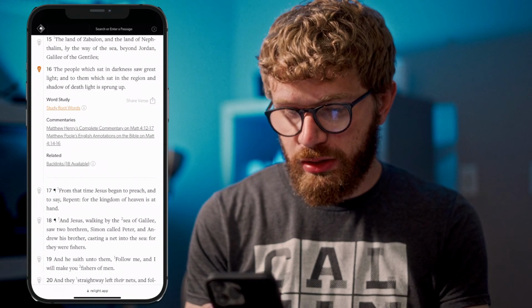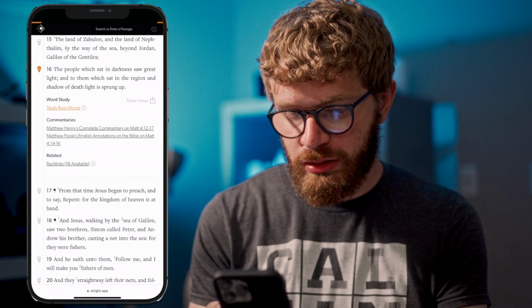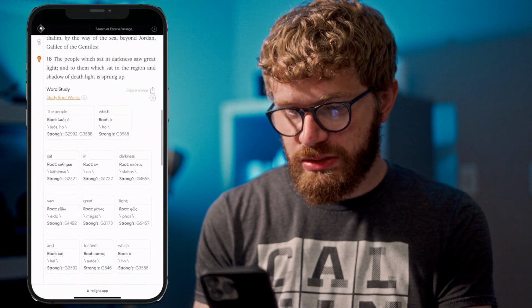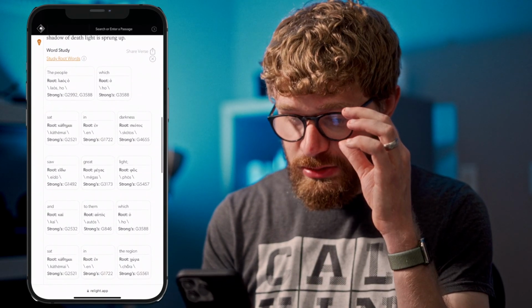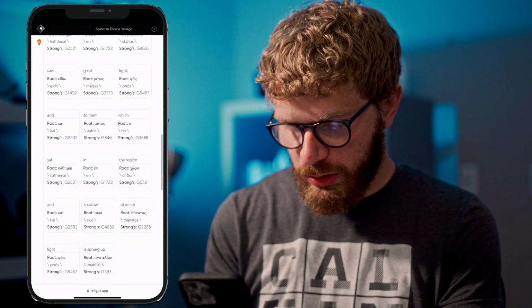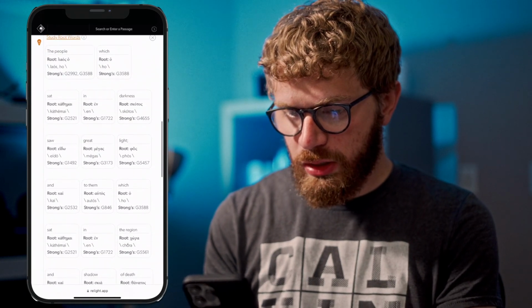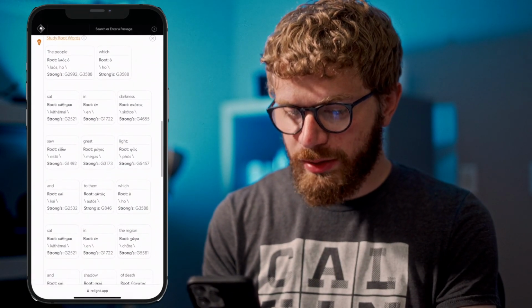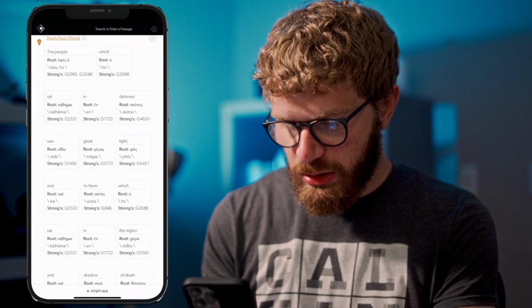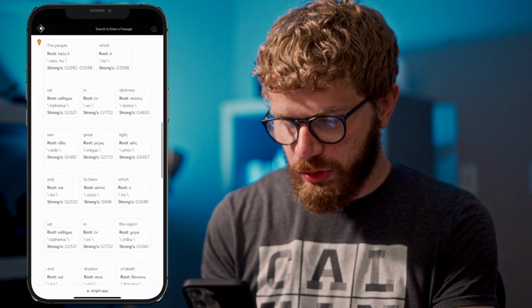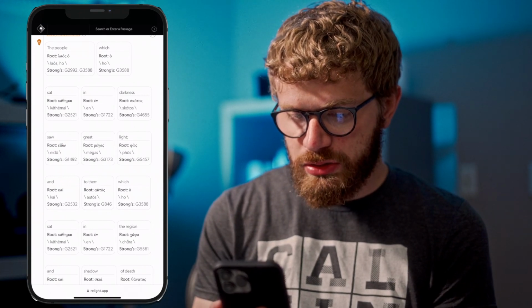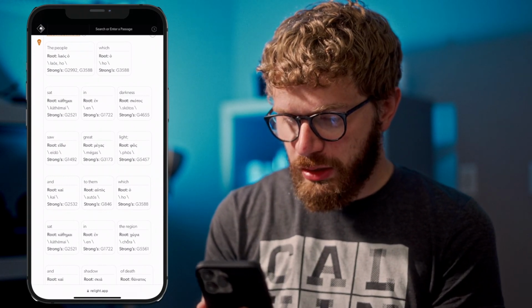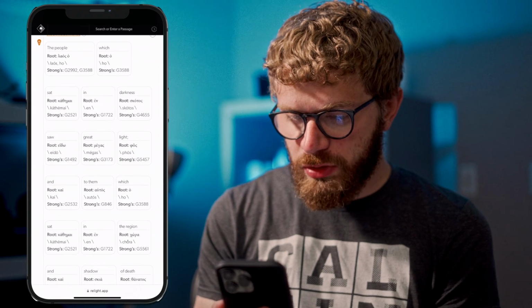And what you're going to get here is a big old list of all the words in order that are in this passage, and they will, where appropriate, be linked to the words in the original languages. So you can see here, if you look at right about middle right of the iPhone screen, you see the word light there. And there's just kind of an overview there.